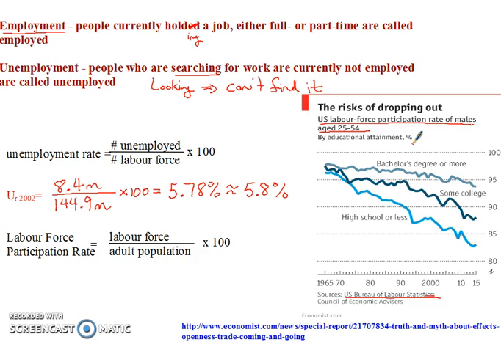We look at 1965 through 2015, and we see that for people with a bachelor's degree, if you have a college degree, your labor force participation rate has been going down over time, especially around 2000, maybe right around 2008, where we really see some drop off. But for people with a college education, it hasn't dropped too much. It was maybe like 97, and now it's down around maybe 94.